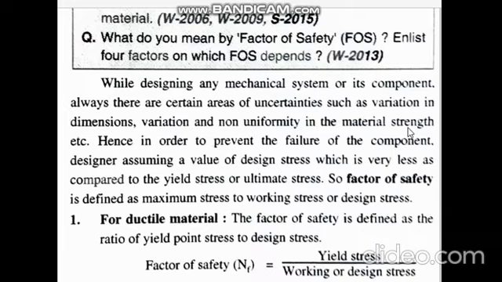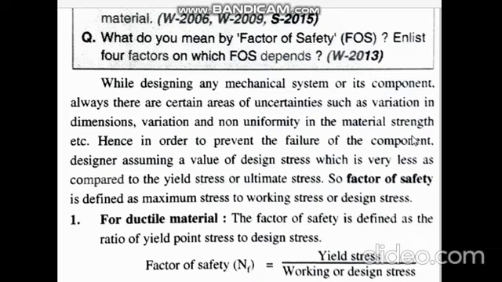So there are uncertainties about the material properties, and there are uncertainties about the loads also. Uncertainties mean variations, variations in the material strength and in the uniformity of the materials,